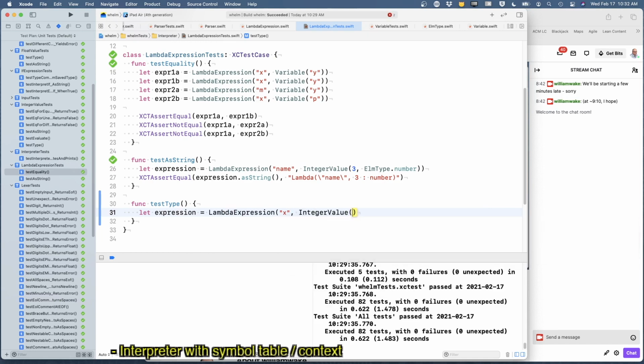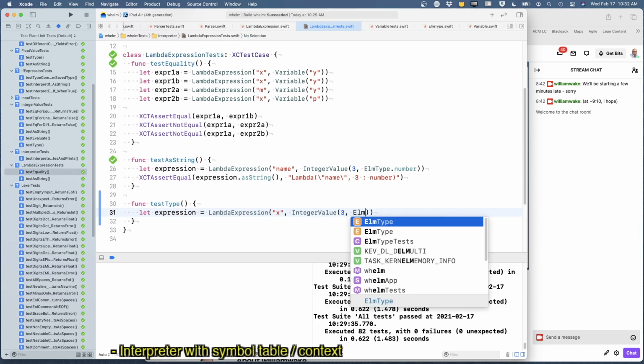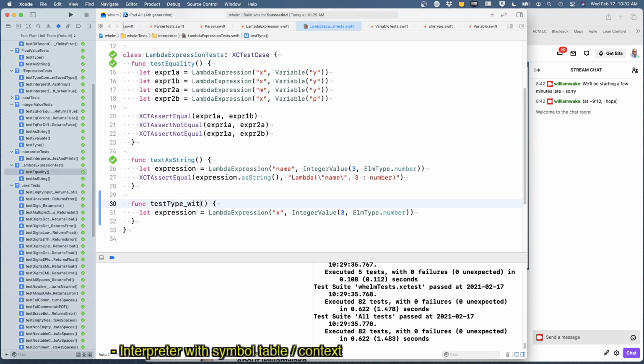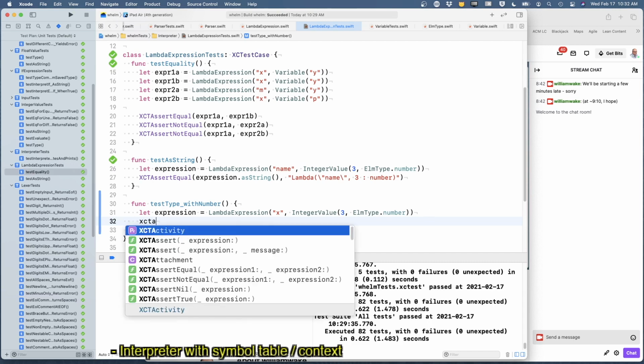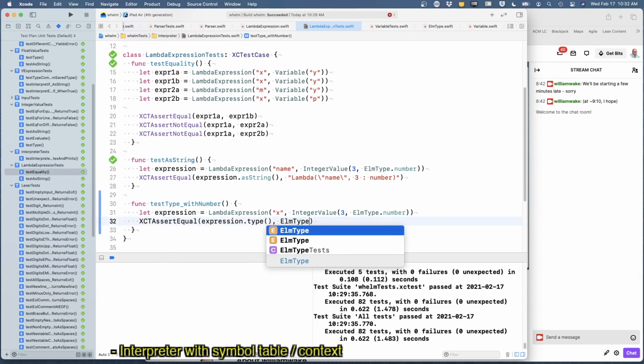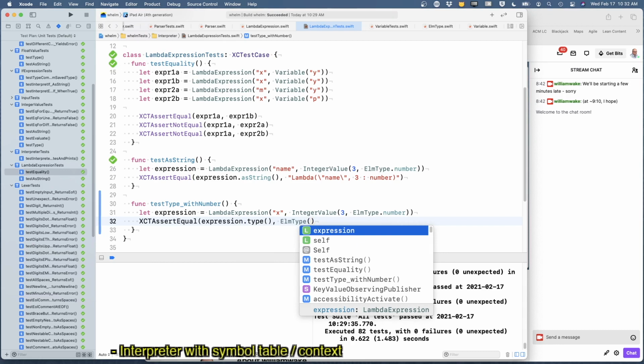Integer value 3, elm type dot number. Let's type with number. Okay, and what I expect to get from expression.type, well, I expect elm type of